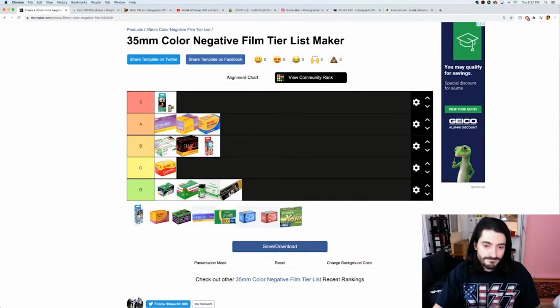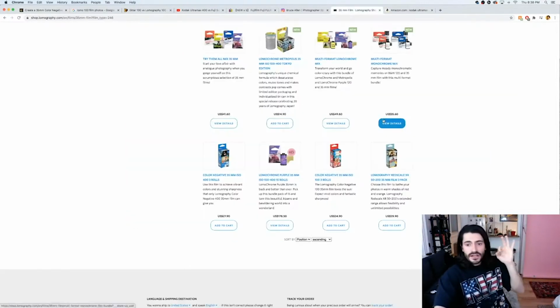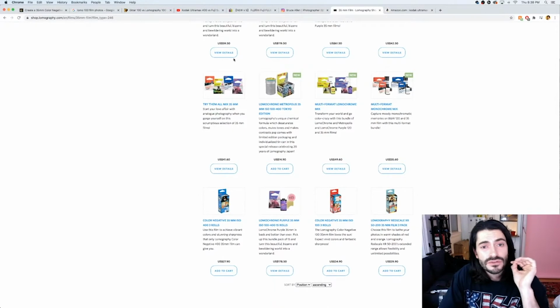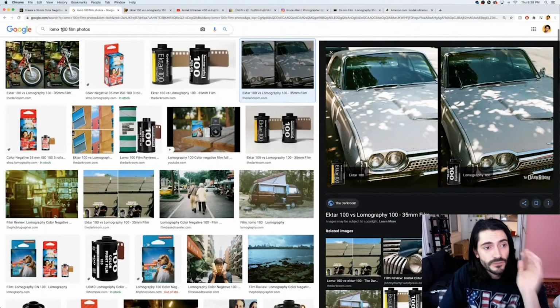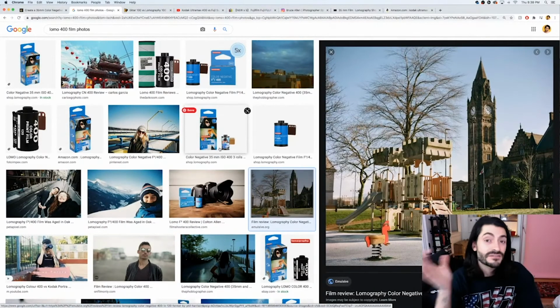Lomo 400. All right, you're going to hate me, but S tier. I'm going straight to S tier because, guys, Lomo 400 and Lomo 800 are perhaps my favorite rolls of film to shoot. Let's go ahead and look up some Lomo 400 film photos. And I love Lomo 400. I love the way it looks. I love the aesthetic. I love the grain. I love that it's actually 400 ISO, which is a very competitive